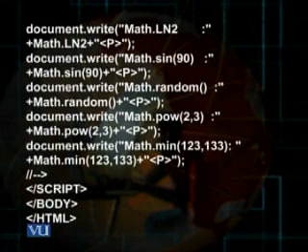Afterwards, again I introduce another function of the math object, document.write math.random. This is a keyword random, a function or a method of math object, and when I write after the plus sign math.random, that would in fact pick up a value within 0 and 1.